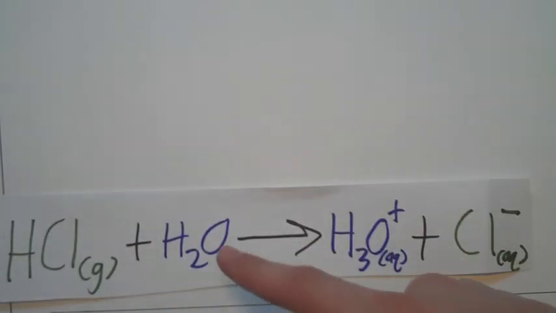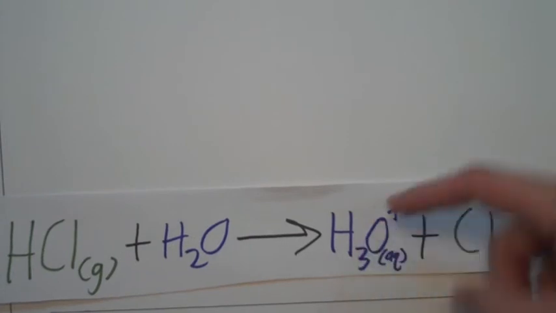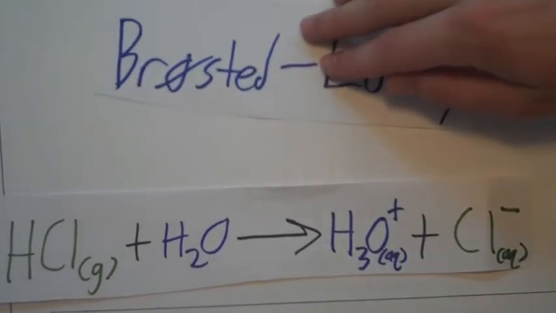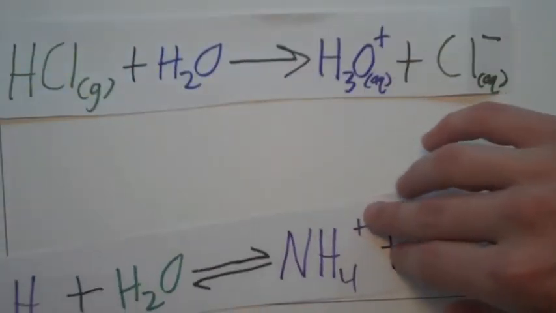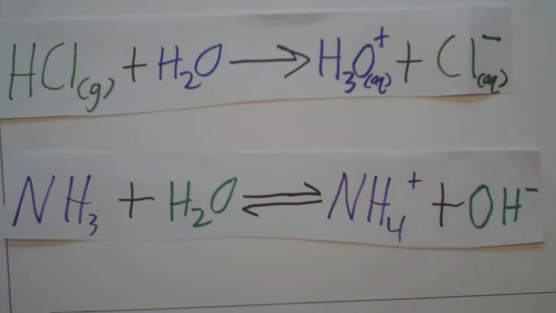But when we go back to our reaction of hydrochloric acid and water, we see that water has gained a proton. By gaining a proton, water is a Bronsted-Lowry base, and the HCl, which donated that proton, is now our Bronsted-Lowry acid. When the two reactions are compared, we see that the water can act as either an acid or a base depending on what else is in the reaction. This quality makes water amphiprotic, or a substance that can act as